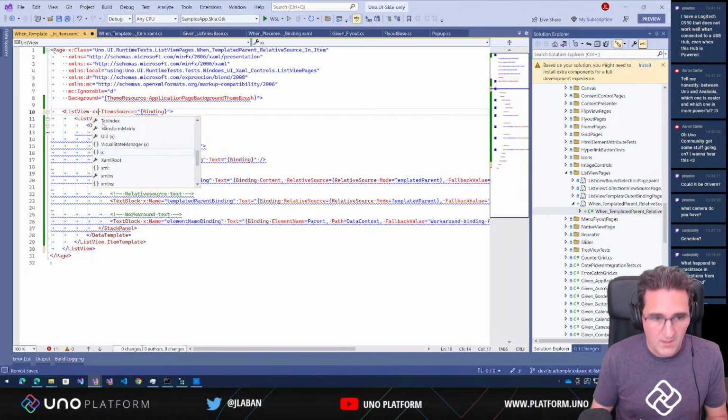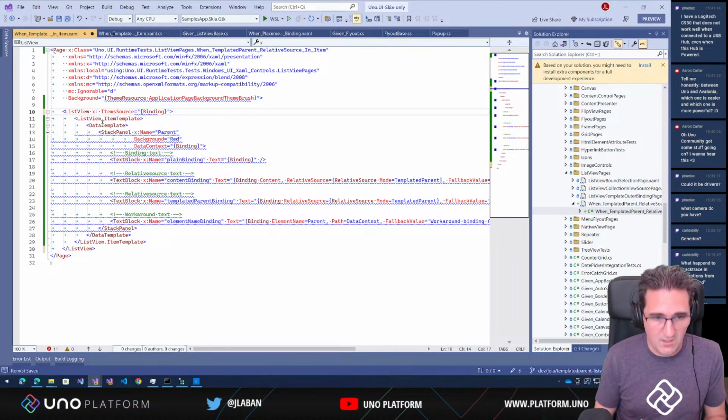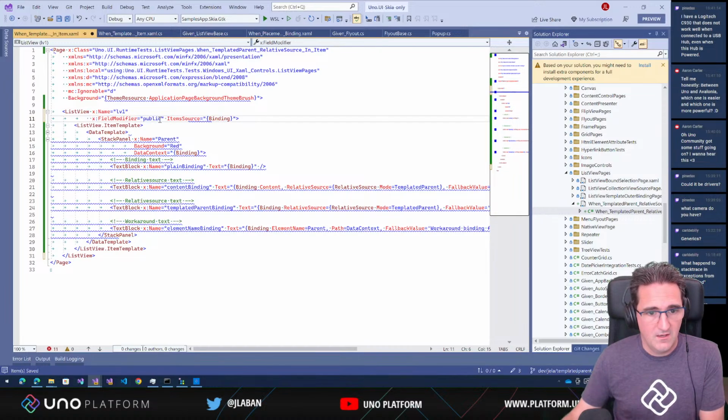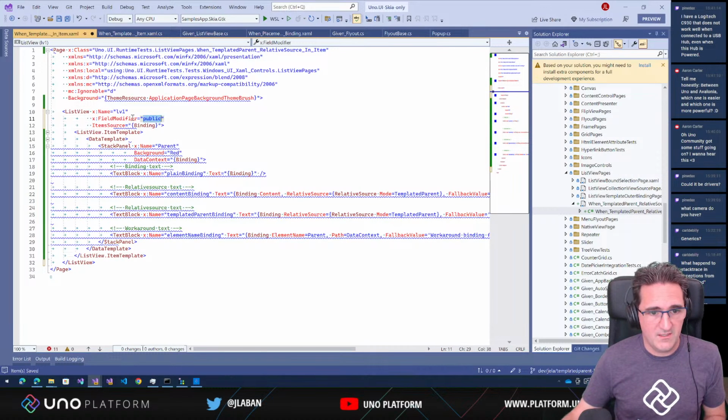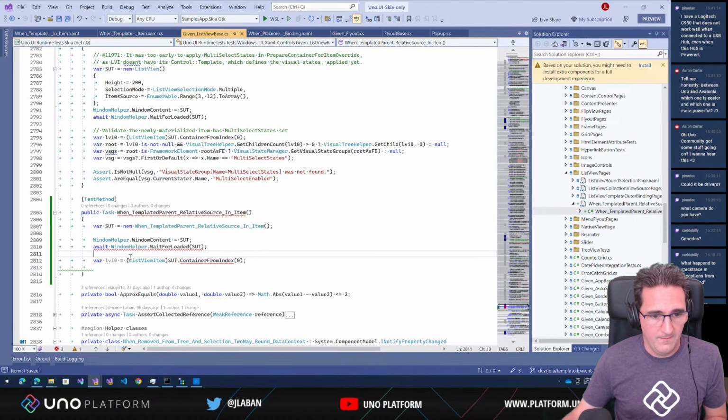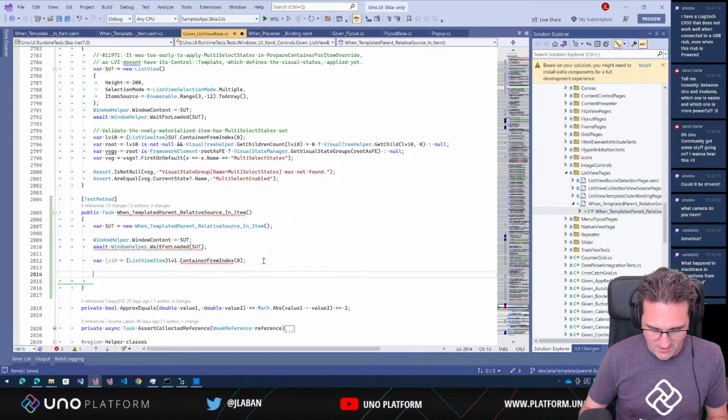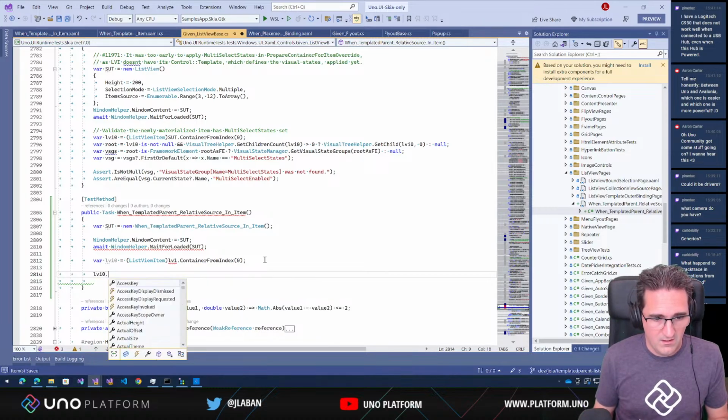So this view is going to be LV1. I'm going to change the fill modifier so we can actually see the number from our tests. And it's going to be LV1 container from index, and then this one is going to be LV0, and we can do from name,